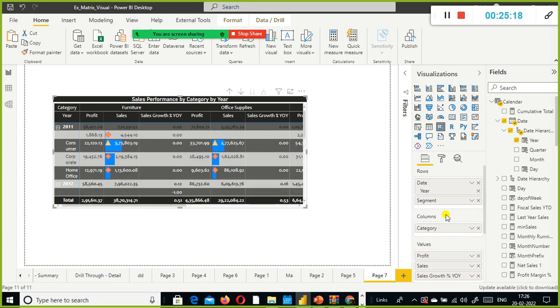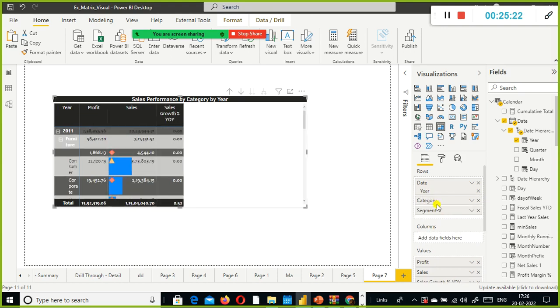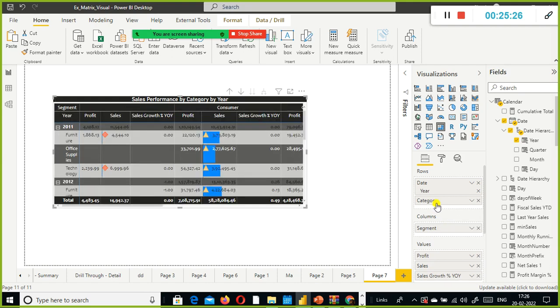What I do is I simply drag this up here, the category. From the column to rows I just moved it, and segment I am shifting it from the rows field to the columns field. Okay, and what I do is I click on the drill up.